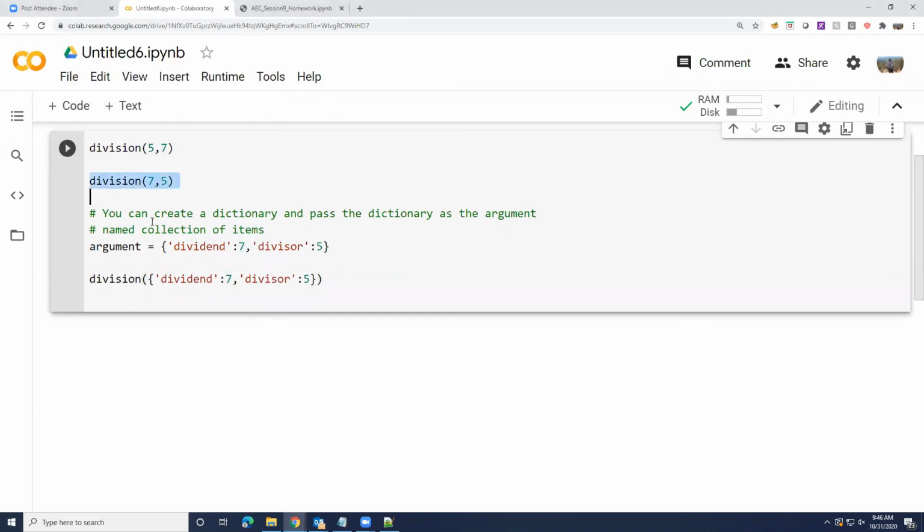Is this clearer than this at least? Does anyone feel this is more clear than this? Both of them do exactly the same thing. There is no better or worse. But which one would you say makes it easier to see what the arguments stand for? The dictionary, obviously, because it's very clear here. What if you don't want to create a dictionary? Any other way in which you can think of making this clear?